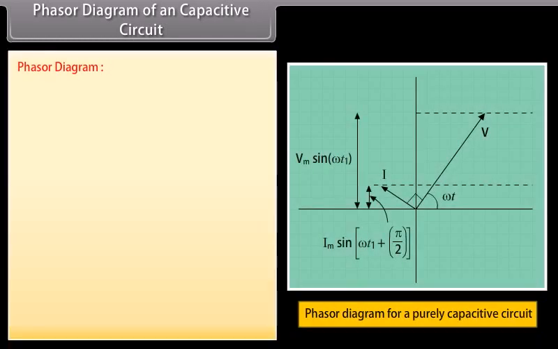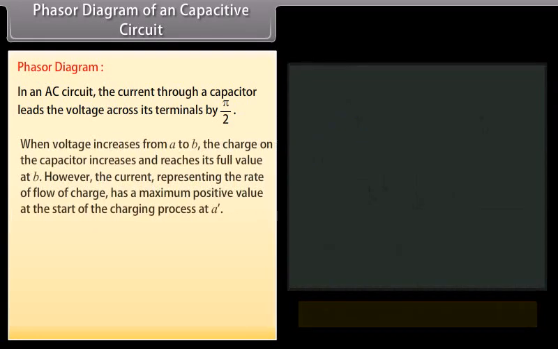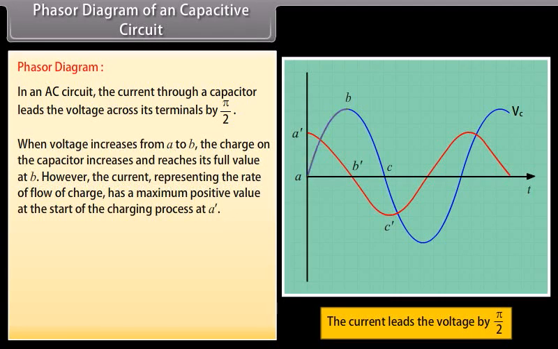Phasor diagram of a capacitive circuit. In an AC circuit, the current through a capacitor leads the voltage across its terminals by π/2. When voltage increases from A to B, the charge on the capacitor increases and reaches its full value at B. However, the current representing the rate of flow of charge has a maximum positive value at the start of